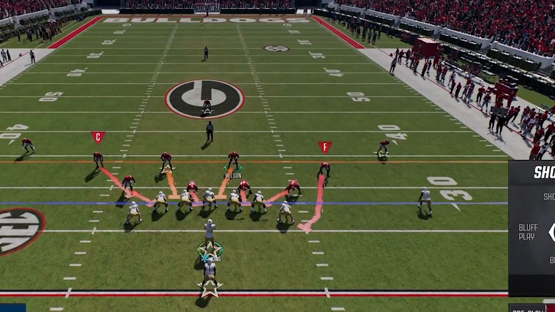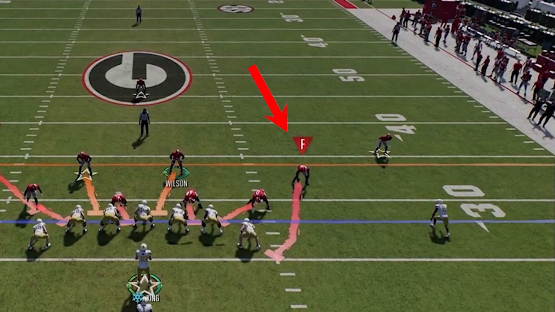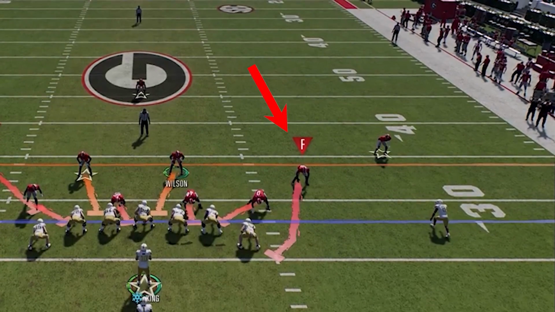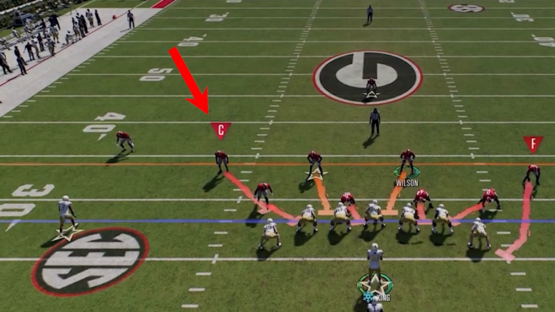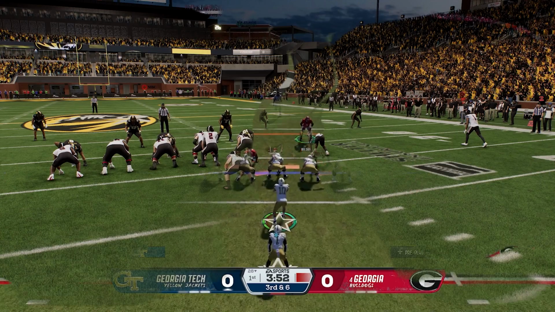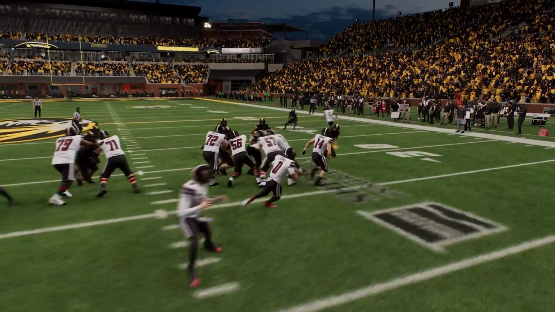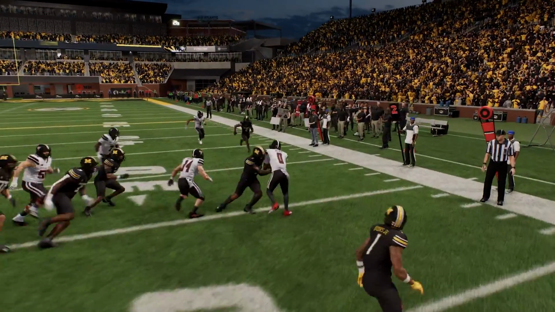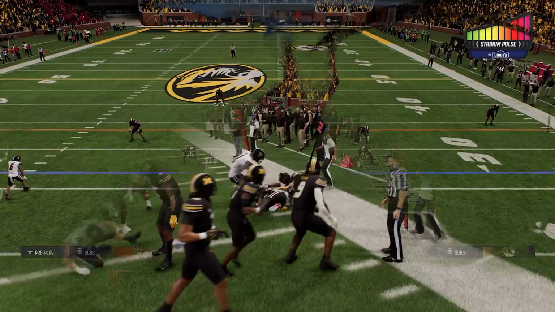When viewing your run fits, you'll also see your force defender, who's designed to force the ball back inside, as well as the cutback defender, who's designed to defend the running back if he cuts to the backside of the play. Now that you know your responsibilities, our next tip is understanding the importance of staying disciplined with your user,